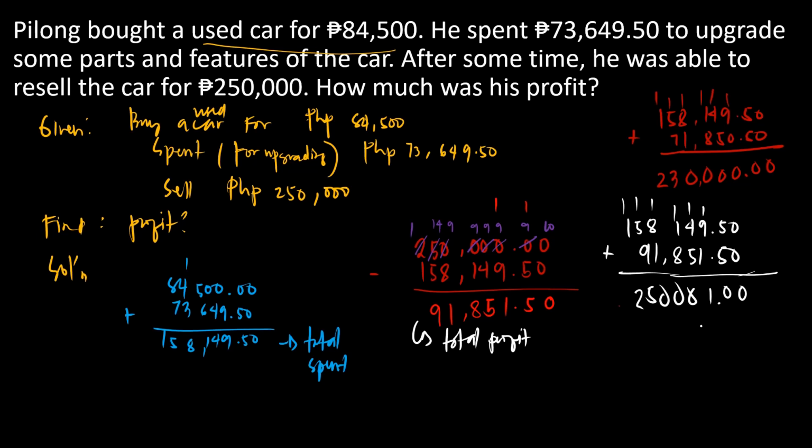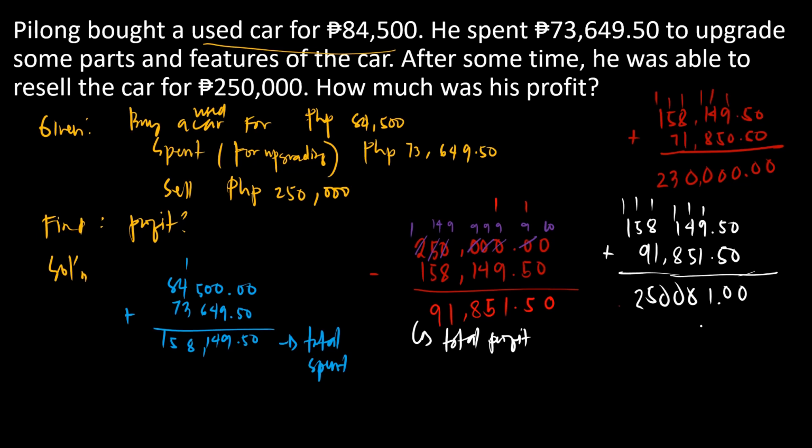So, what we got, class, is 25,001 pesos. Okay, let me input it in my calculator, class. Let me double check. Let's start with the first one. 84,500 minus 73,649.50. So, the answer there is 10,000. Oh, the answer is 10,000. Oh wait, we should add. It's add, class, sorry. So, we will get